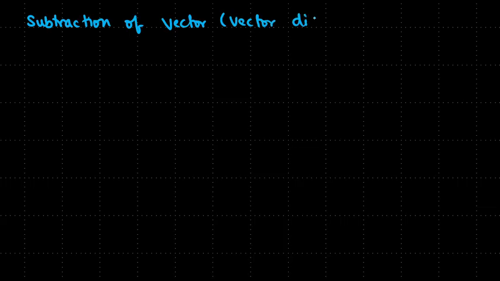So today we are starting a new topic, which is subtraction of a vector, which is also known as vector difference. Subtracting a vector is basically like addition of a vector, but a little bit different. To start this off, let's write: subtraction of a vector